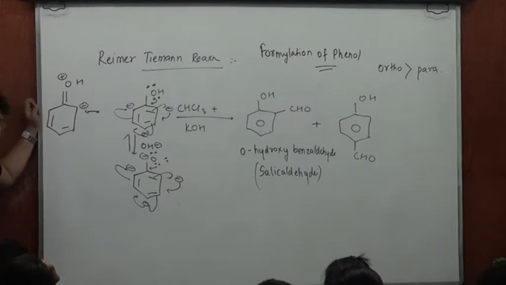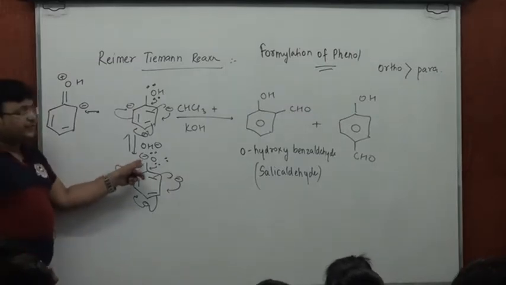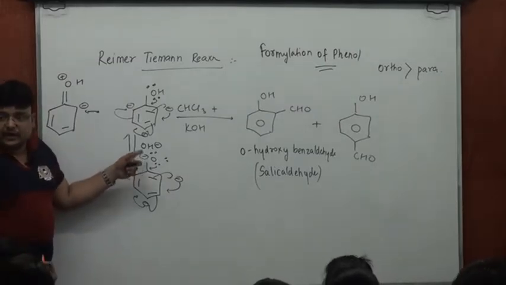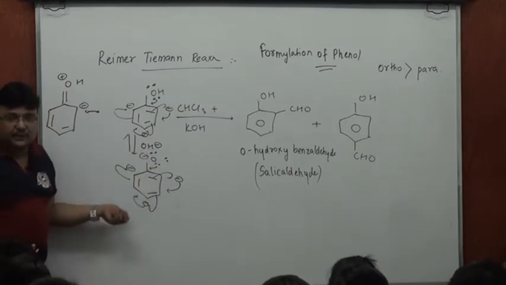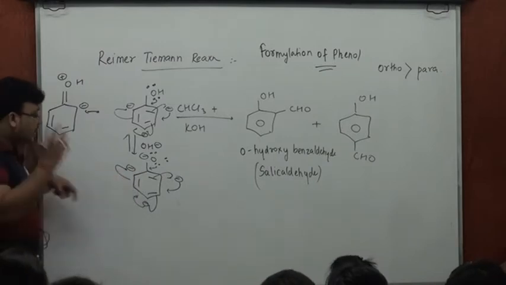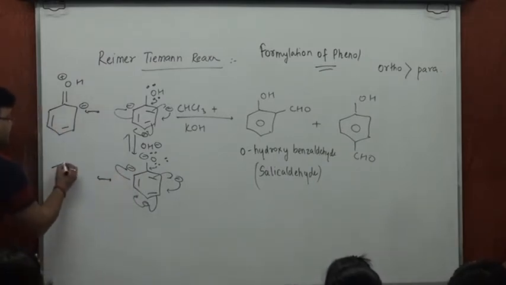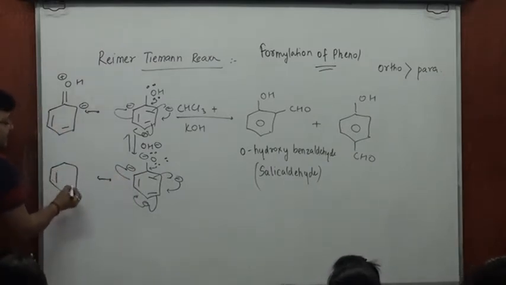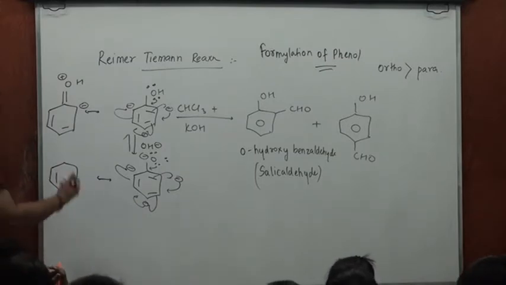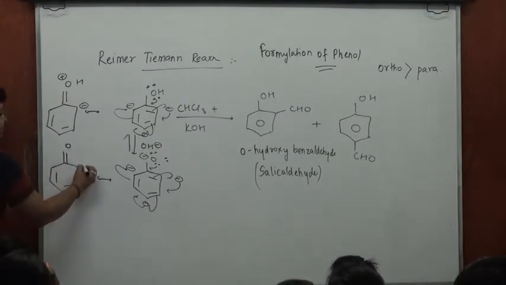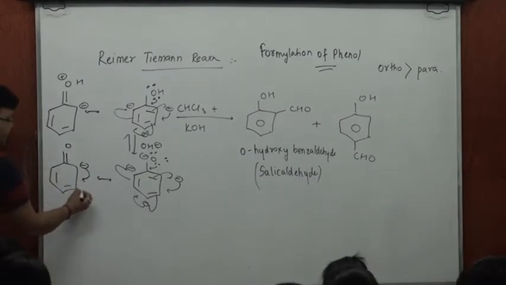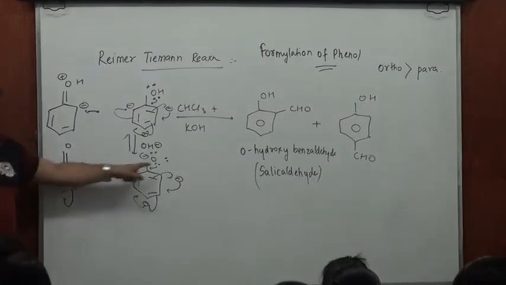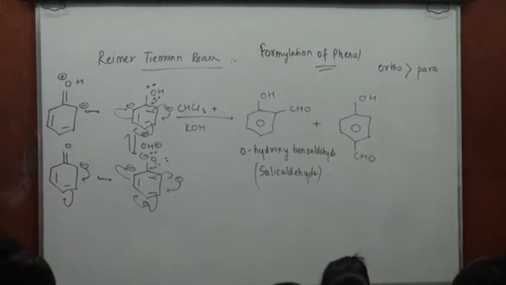Oxygen positive is not very stable, whereas here, because oxygen is negative to begin with, even if this pair of electrons goes at ortho and para positions, even in the course of activation, even while drawing different resonating structures, you don't have to compromise with the charge over oxygen. Oxygen remains neutral. Hope you're getting me. Then this comes at para position, and that's how it's going to be ortho para oriented. So two things.